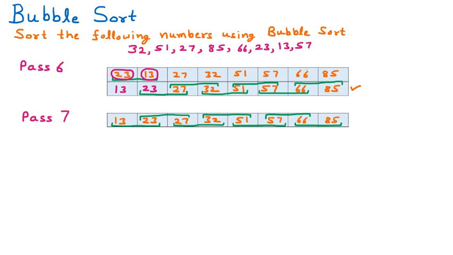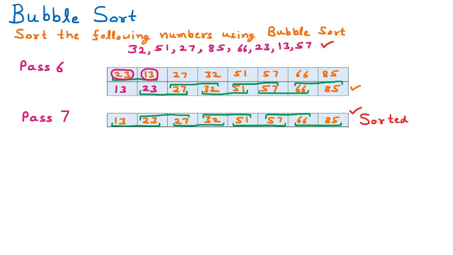So there we are going to stop because all are in ascending order and there is no swapping performed. So we will stop here on this pass, and these are our sorted elements. At the start of bubble sort, we were given the unsorted elements and we made them sorted with the help of bubble sort.